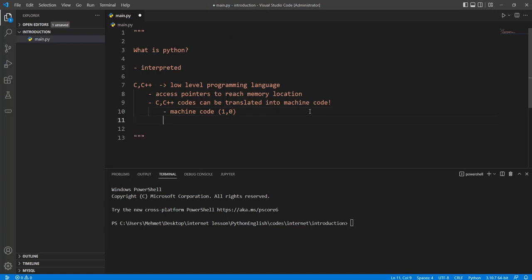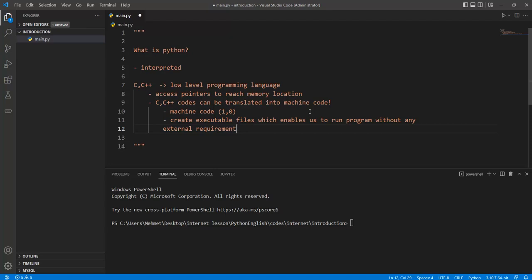And so if we have the machine code like this one, we can create the executable files, which means that they enable us to run the program without any external requirements. Okay,